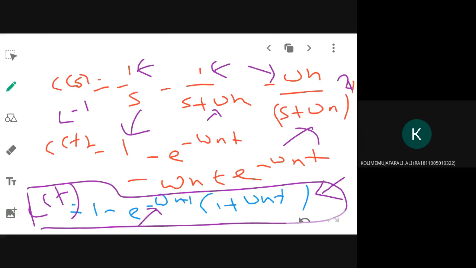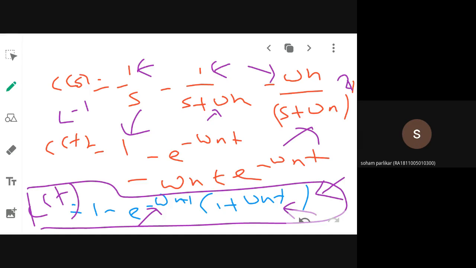Or otherwise you have to derive it as I am deriving from the beginning. Either way you can solve, depending upon the mark allotment that you have been given. If you remember the formulas we are finally deriving, then you just substitute what omega n is and you get the answer. Or otherwise you have to derive from the original, in the original way as I am doing from the beginning. Okay, understood? Yes or no? Yes, ma'am.